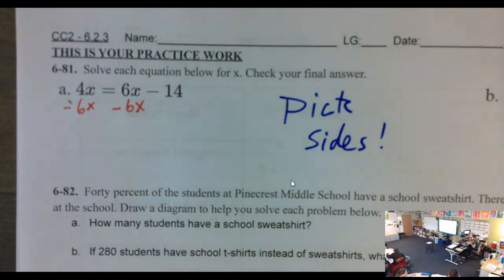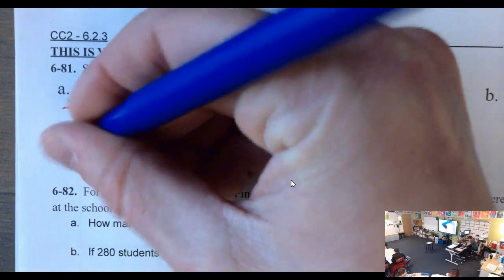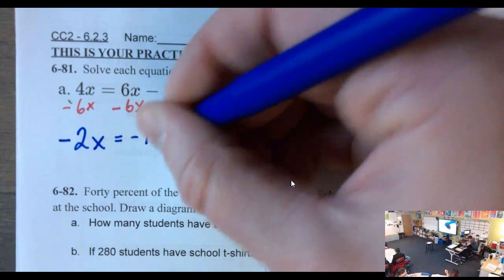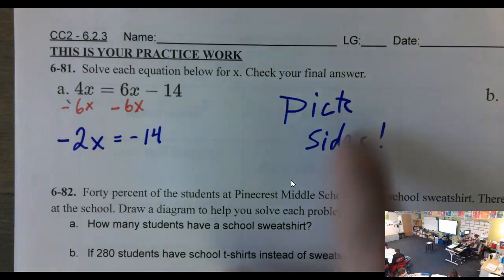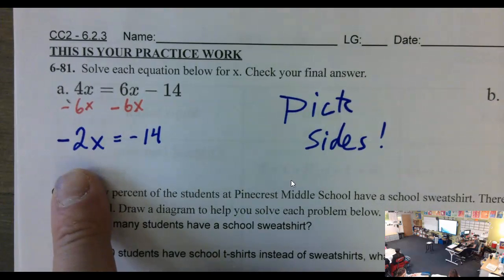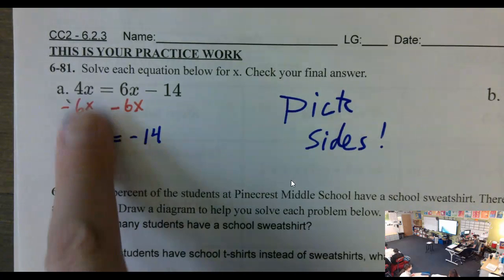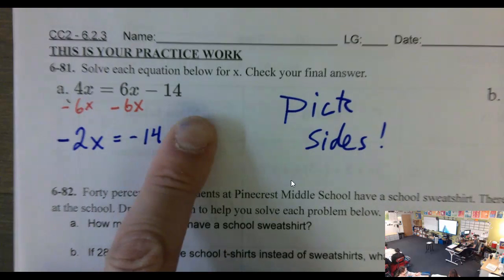Now this gets me into a situation I don't love because my variable is now negative 2x. But that's okay, that doesn't break the problem. I just don't love negatives. Now I have picked sides. I have a variable side and a constant side. I don't want to put them all onto the same side. So guys, if you start by subtracting 4x, you're going to end up with everything on the same side, and